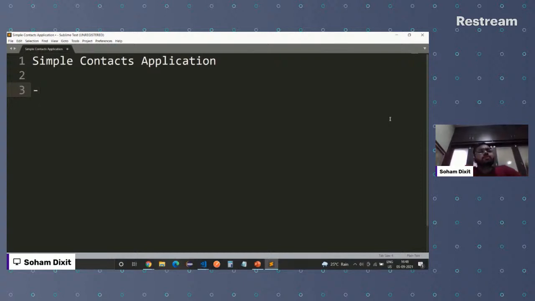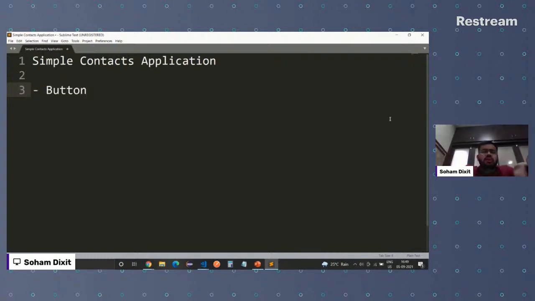So, a simple contacts application. Why am I building this application? To explain a few of the basic concepts involved in the field of application development. That's my aim behind building this today. Something which won't confuse you a lot, which will help you in understanding basic concepts as well, like CRUD operations. When I say basic concepts, I mean CRUD operations. So this is what we are going to build, a simple contacts application.